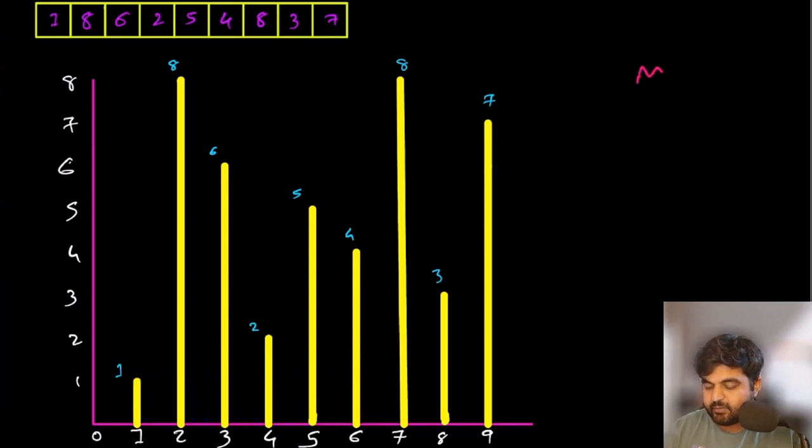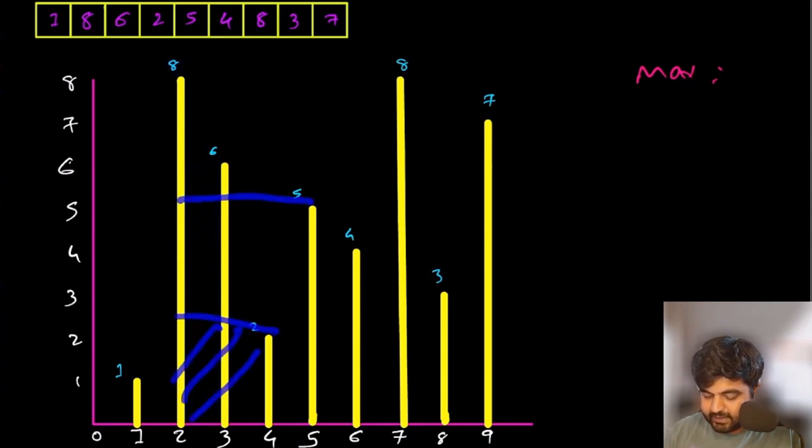At the same time, we are going to have a max variable, and that max variable is going to keep track of the maximum area we have calculated so far. So first we would take all the containers using this value number 1. Then we would take all the containers using this value number 2. So we would make a container like this, then another container like this, and then a third container like this, and depending on the positioning, we would keep on making the containers. Every single time we would be recording the maximum value.